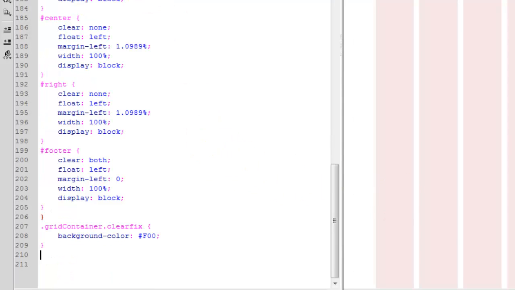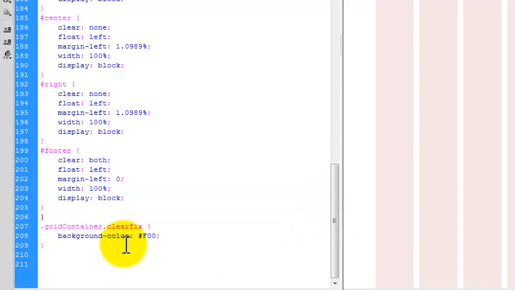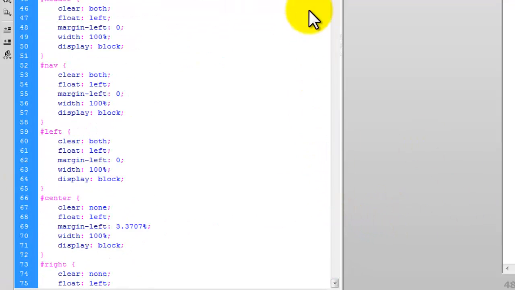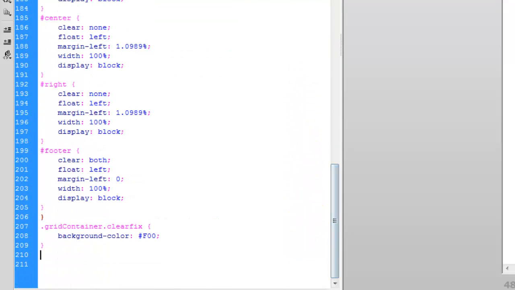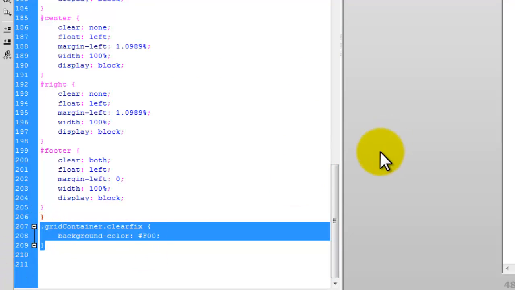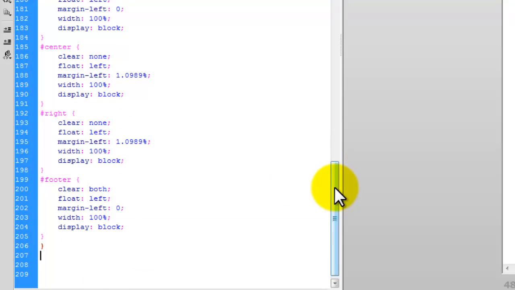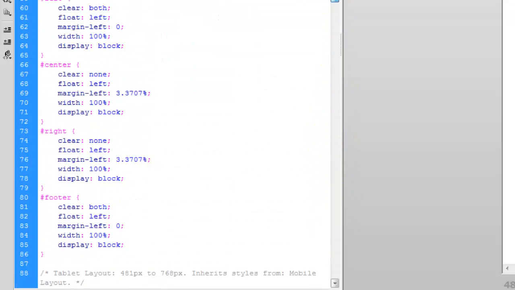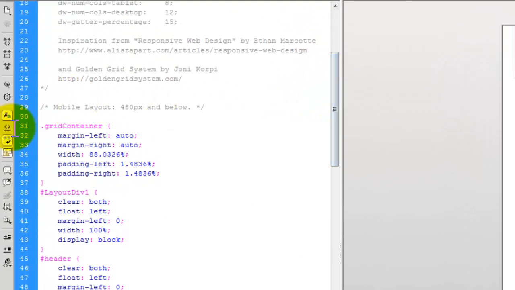And what I find when I come to my responsive test.css is that it didn't just apply that to the mobile, it applied it at the very last line of the style sheet. So that's going to override everything. I want that to be inside of the mobile only section. So I'm going to go ahead and delete that, and I'm going to come up in here and go to the mobile layout